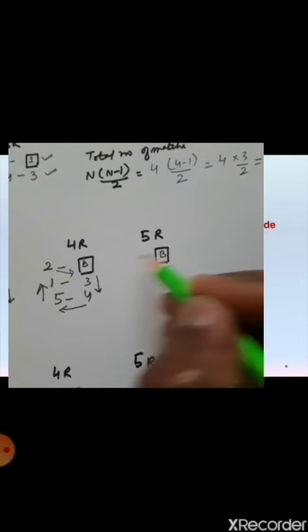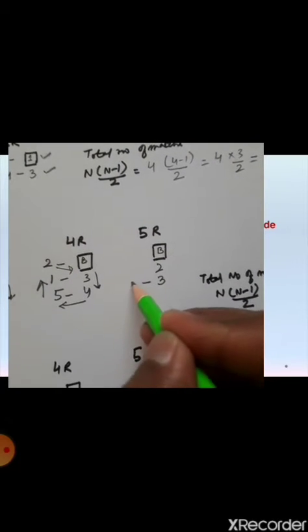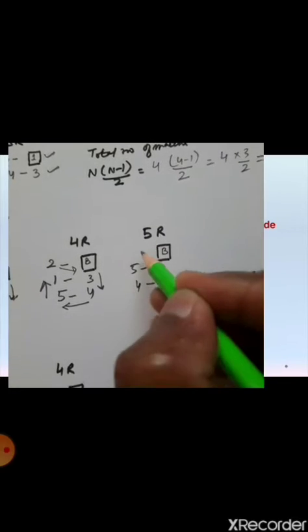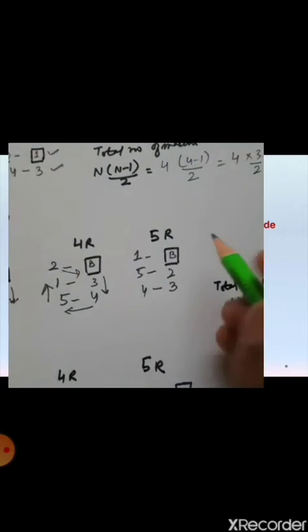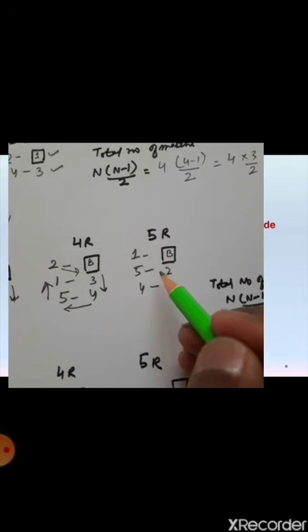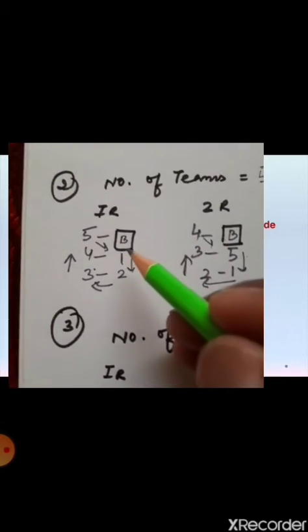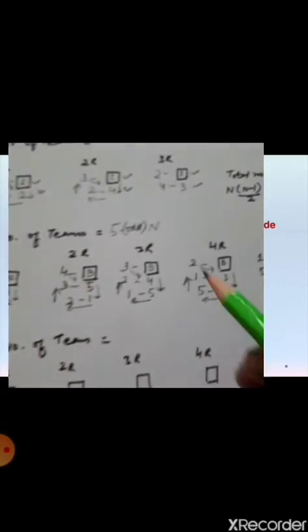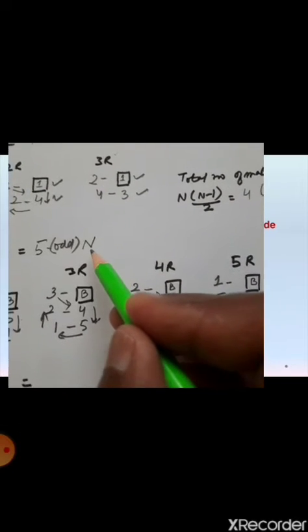Now in the fifth round again B is fixed here, team number 2 brought down, 3, then 4, then 5 and then 1. So this is the last round, fifth round, and if we try to make one more round, then again it will be the same repetition. So that's why for the odd number of teams, the number of teams participating equals the number of rounds.